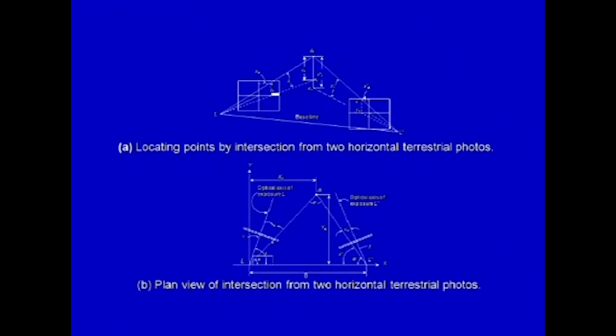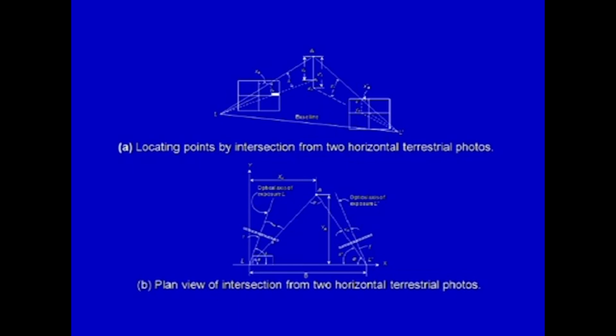In this figure, figure A shows the locations of the intersection from two horizontal terrestrial photographs. The cameras are placed at the stations L and L dash and the photograph has been taken of a point A. With respect to the first station L, the height of the point A with respect to the horizontal plane defined by the camera axis is V A, whereas with respect to the second station L dash, the height of the point with respect to the horizontal plane is V A dash. Similarly, the vertical angles are beta A dash and beta A